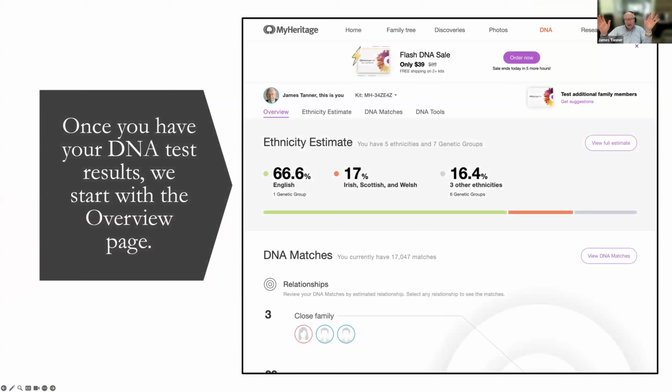Now you're in the program. You've done your DNA test, you've gotten your results, and the question that comes up is what's next? I've answered that a little bit: start working on your family tree and putting the information that you know about your family into it. Once you do that, you'll begin to come up with matches. And they'll also start to calculate immediately